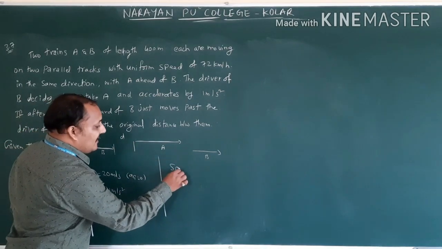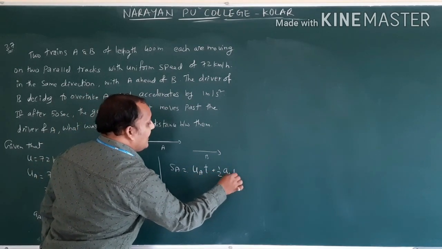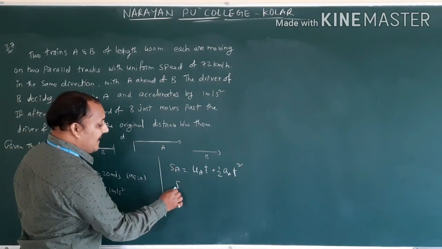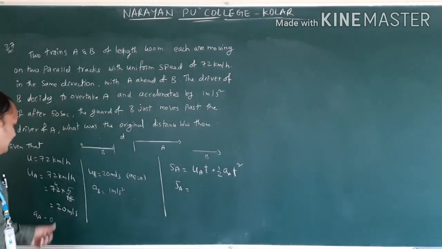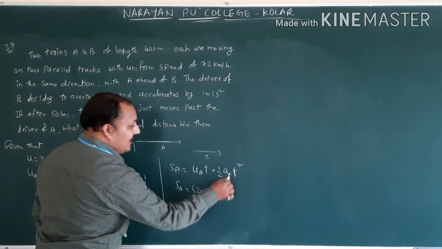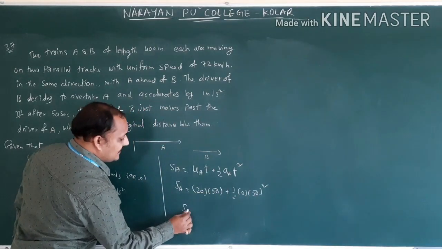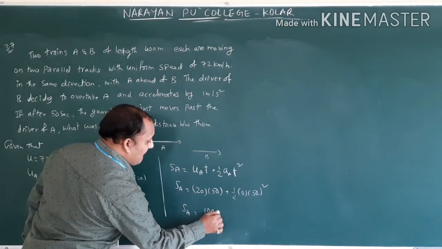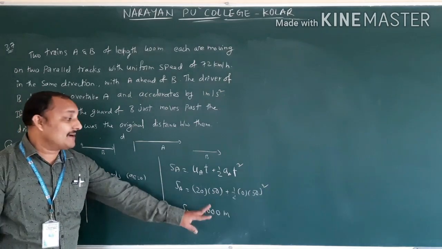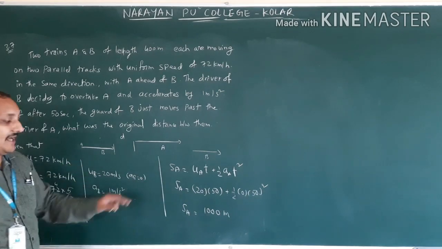What is the formula? SA is equal to UA t plus half AA t square. And SA is equal to, what is the UA value? 20. Within how much time is it going? 50. AA value is 0. Therefore SA is equal to 1000 meters. This is the distance covered by A in 50 seconds time. Now what is the distance covered by B in the same time? SB is equal to